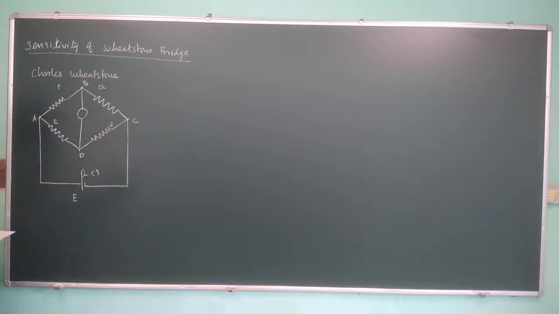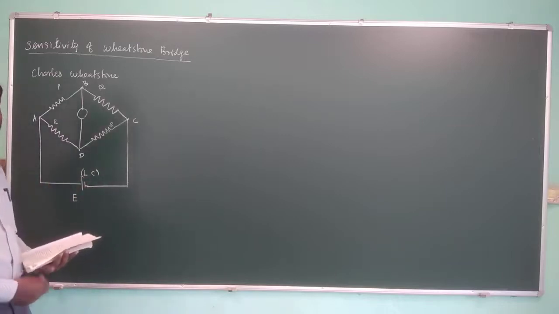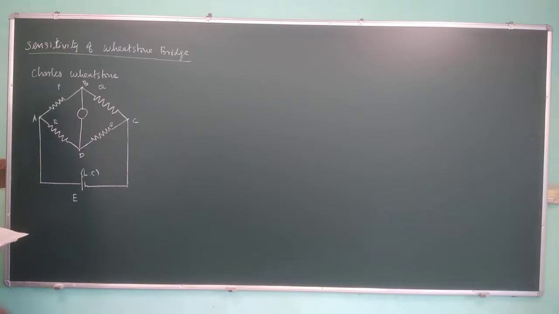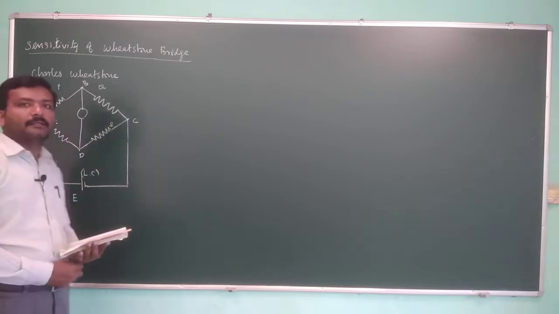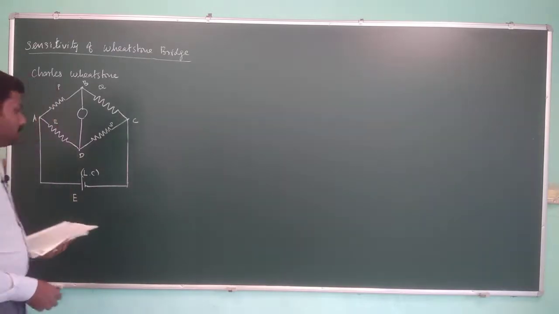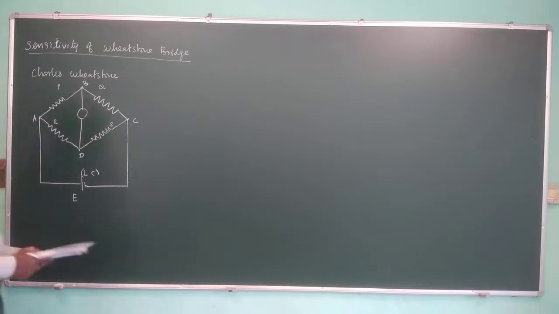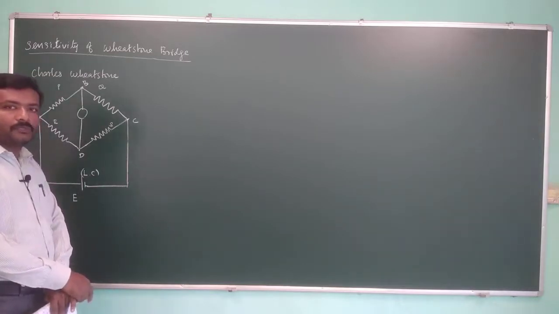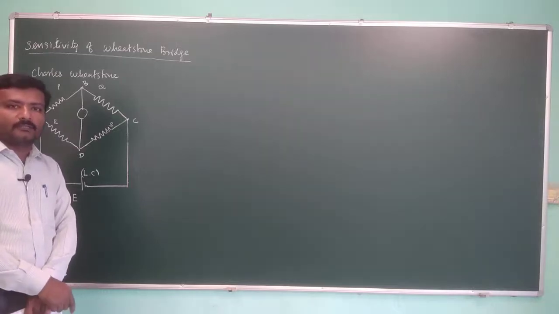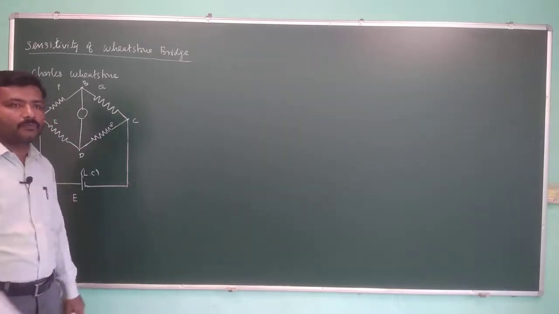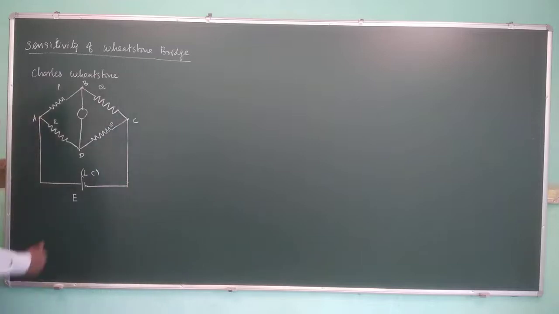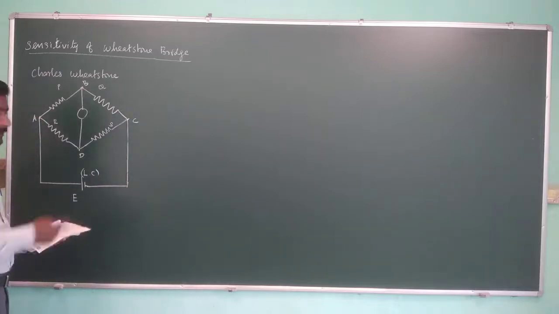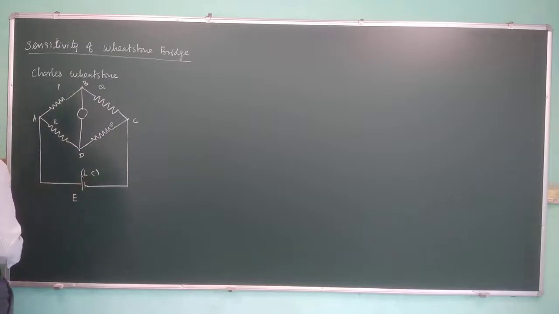I leave it to you as homework to search and identify what is the output of a Leclanché cell. There are different chemical cells, the Daniell cell and the Leclanché cell, and I will give you a hint. Among the two, one cell will give you 1.02 volt as output, while the other will give you 1.05 volt. You find it out and let me know in the chat what is the output of the Leclanché cell. One such cell is connected here.